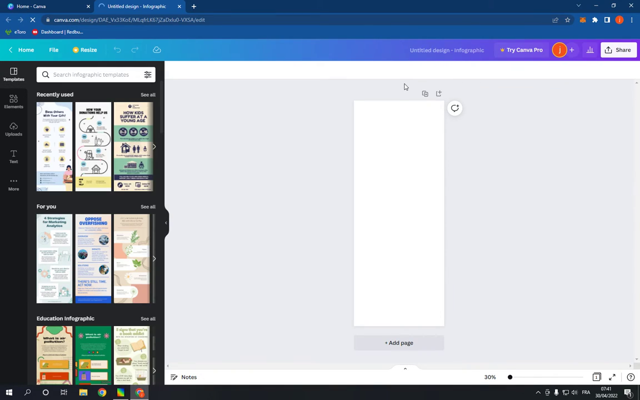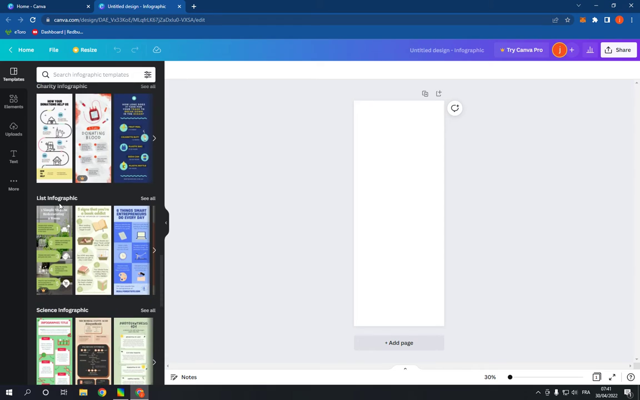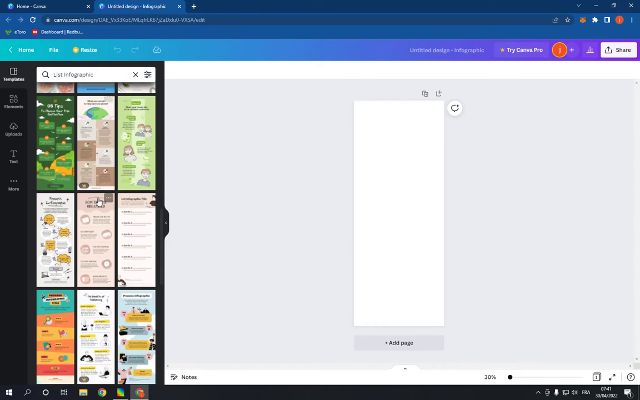Click on it and it will take you to this page. Go here and scroll down, click on the list infographic right here, click on see all and choose a template. You have many templates